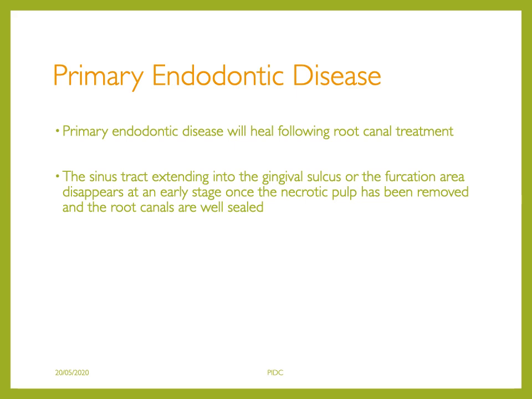So, primary endodontic disease. There is an endodontic problem which drains into the periodontium and it is seen as an abscess form in the gingival sulcus. That is basically what we call primary endodontic disease. It mostly occurs with non-vital teeth